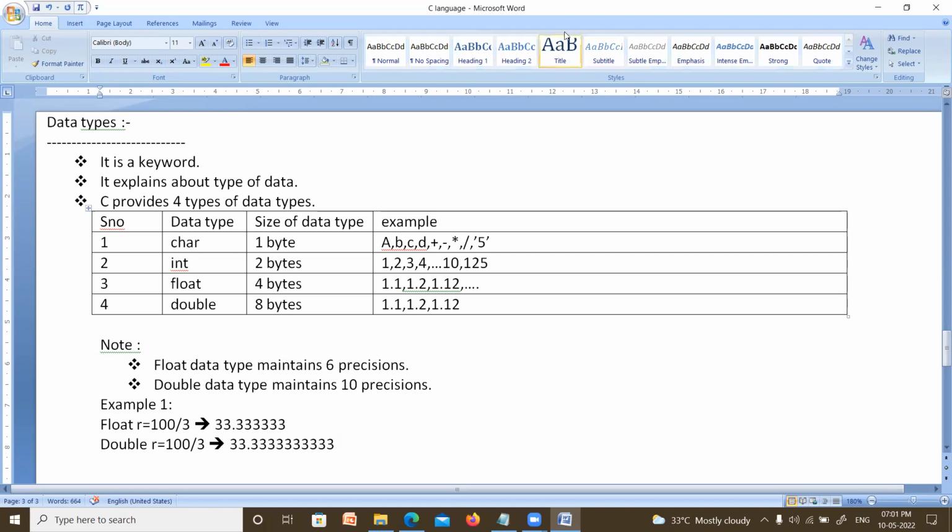These are about data types. After completion of writing, please tell me, friends. Right. Now, the next one is